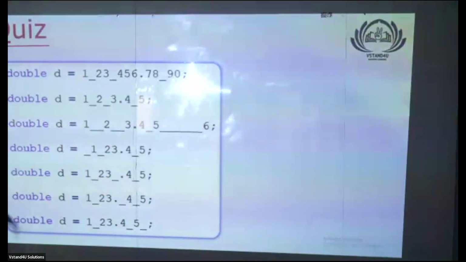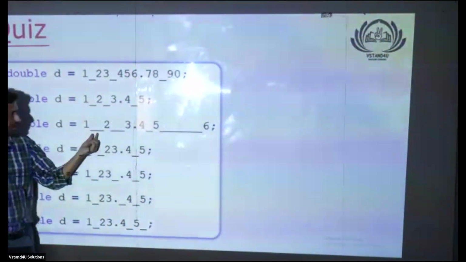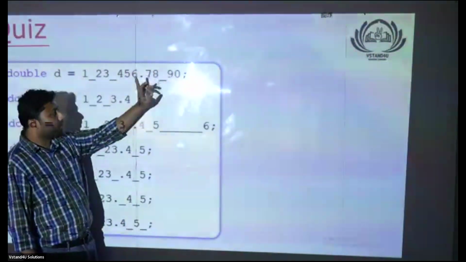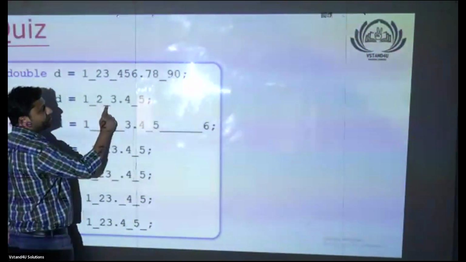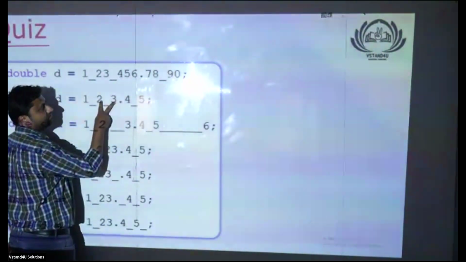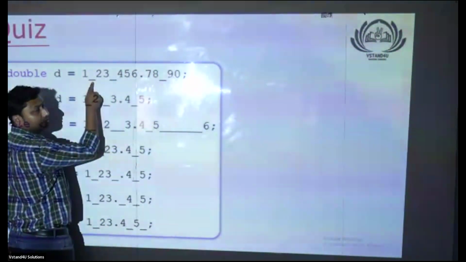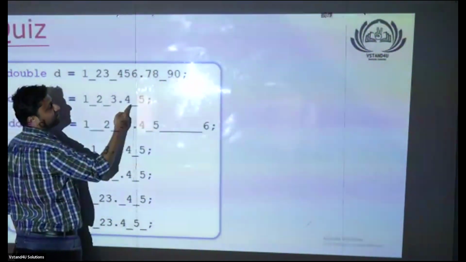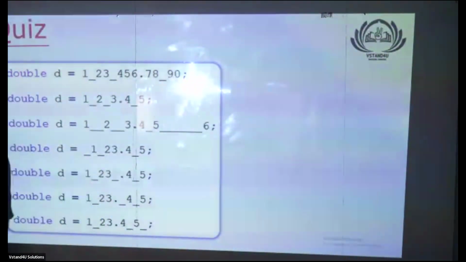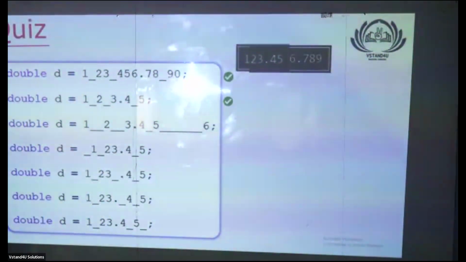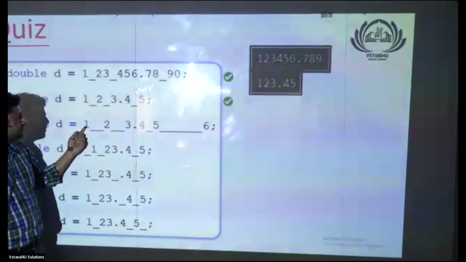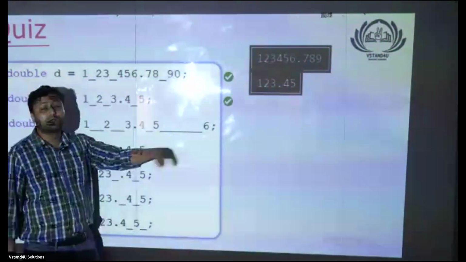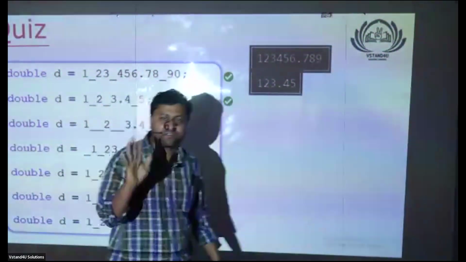This is allowed, by the way. Anyway, you remember underscores are allowed? Agree? You can write the number like this, provided an underscore is coming between two digits. See, first one, between the digits, no problem, allowed. Over here, between the digits, no problem, allowed. Am I clear? Initial two are allowed. Agree? Third one, if you see, okay, so many are there. You write any number of underscores, they will be anyway discarded.